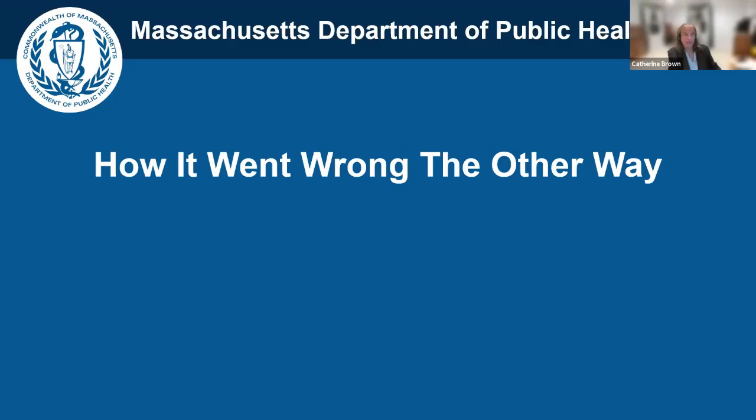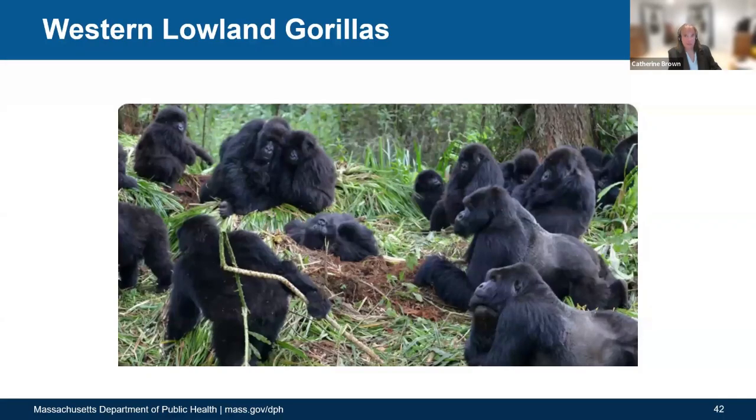So we often think about zoonotic disease, right? How the diseases that animals have get to us, and that's kind of a primary focus of public health. But for the purposes of One Health, we're also going to demonstrate that it goes the other way too. We share our diseases with animals. And just a couple of examples.